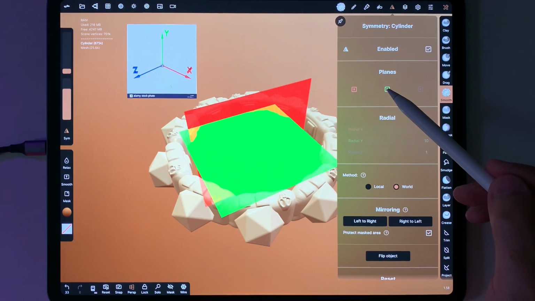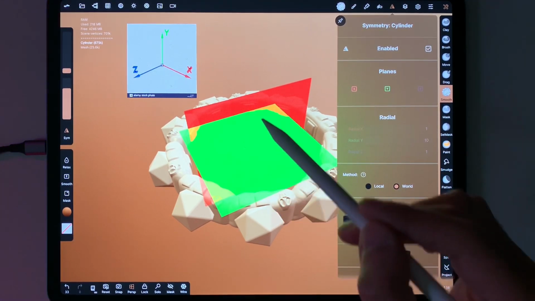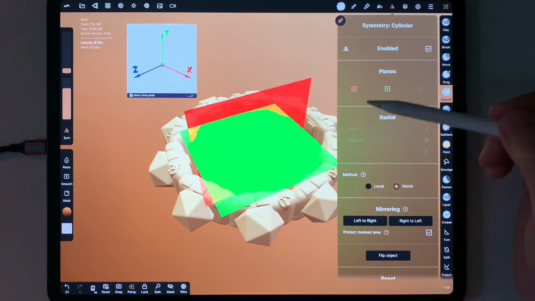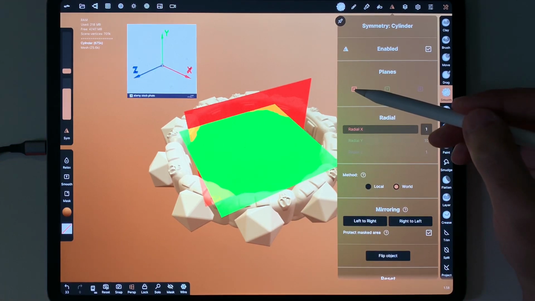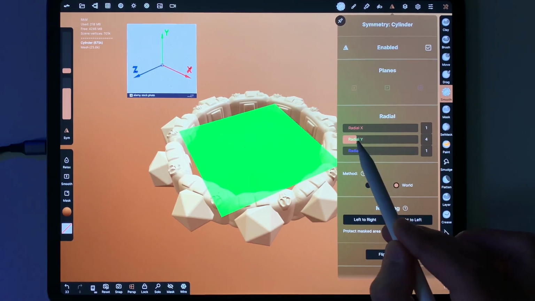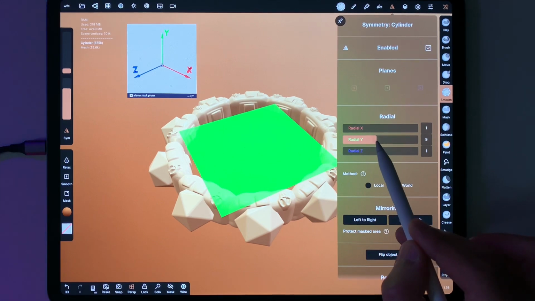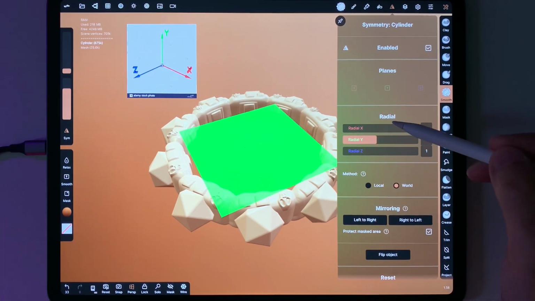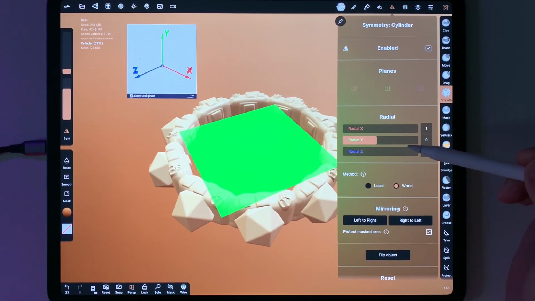For me, the best way to use it, without having mirrored up and down, left and right, front and back, is to turn off all the planes